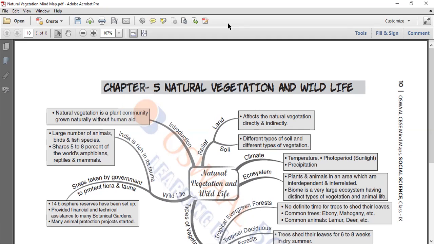Then we learned about the ecosystem: plants and animals in an area which are interdependent and interrelated. And the term biome, which is a very large ecosystem having distinct types of vegetation and animal life. We also learned about the importance of